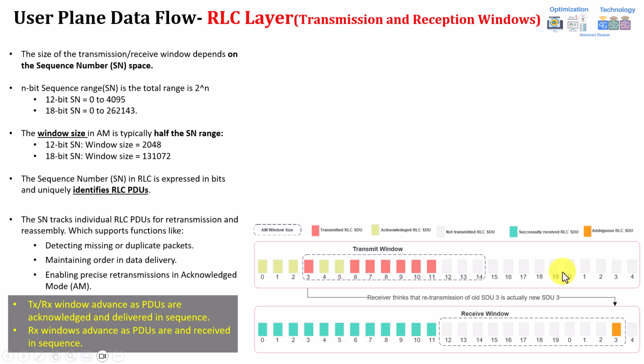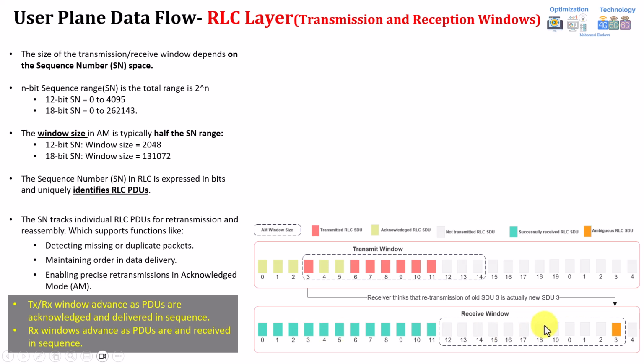So what will happen in this case? Because the window size is low, this might cause something called data stalling or an ambiguous RLC view. What it means, you can see here. Because the receiver advanced his window faster than the transmitter, since it's based only on the received data, it will now start his window from 12, but you can see part of the data at 0, 1, 2, 3. At this particular time, the transmitter decided to retransmit SN number 3. But the problem here is that because this one has advanced and the window size is low, the receiver will think this is a new packet. It's not a retransmitted packet, which was originally here.